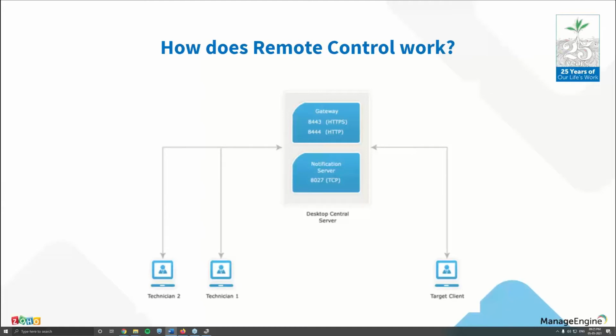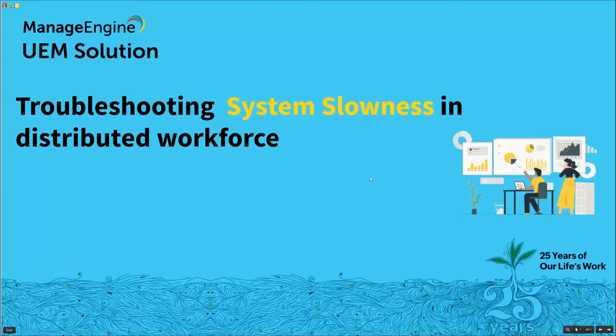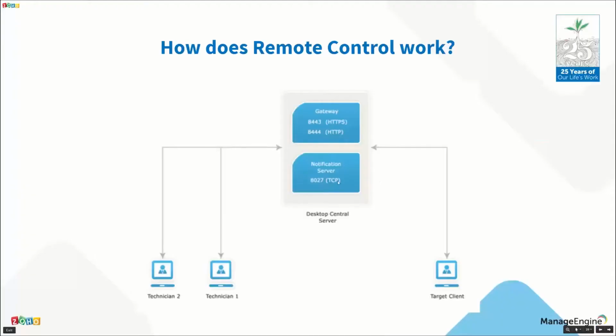Once he searches for Bob, the end user, and clicks on connect, the Desktop Central server listens to the technician over port 8027. And that sends a message to the end target machine that has the Desktop Central agent running. The Desktop Central agent will start the remote control